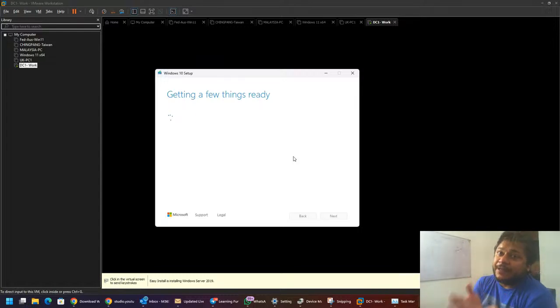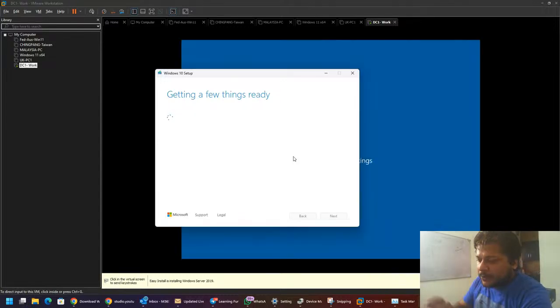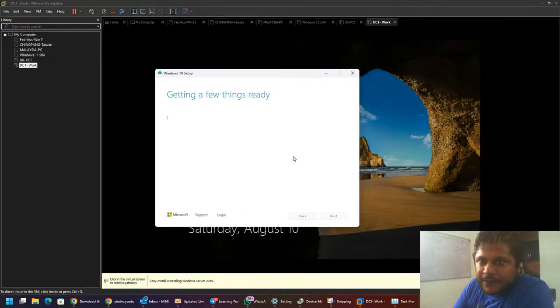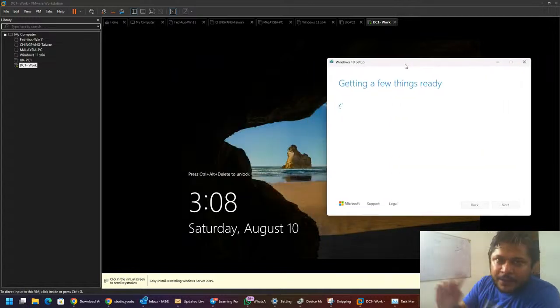Because we need an ISO, we are going to create the ISO, which will be used in VMware. I'm not going to proceed with the next step. I already have the Windows 10 Pro ISO on my computer. But for you guys, in case you don't have a Windows 10 ISO available on your machine, this tool will help you create that. Let's wait for a few more seconds. Once it is ready, start the creation of the ISO process, and then we can move back to the Windows Server ISO and we'll proceed with the Active Directory installation.